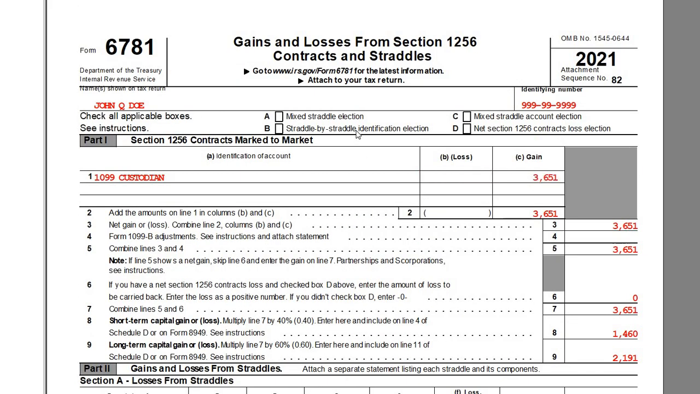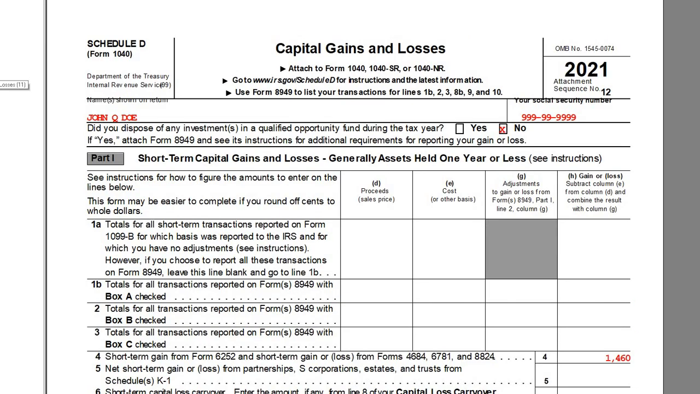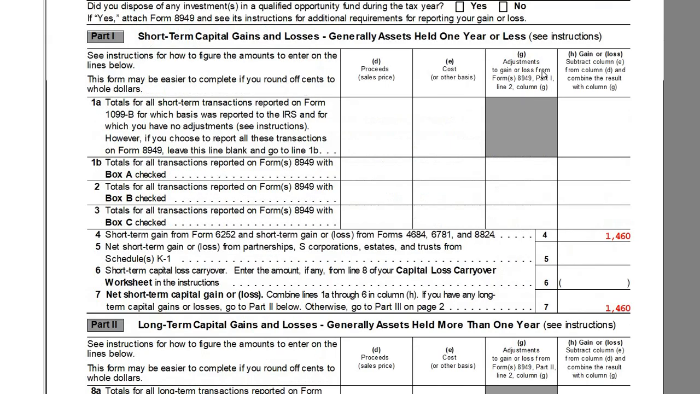2,191. So that's where it initially shows up, on this Form 6781. Then the information flows through to Schedule D, right? Because we have short and long-term capital gains. So if we look at our Schedule D here, capital gains and losses, if we scroll down, the short-term section, Part 1 here, line item 4 says short-term gains from 6252, or there's our 6781, right? So this is our futures contracts, the short-term portion,